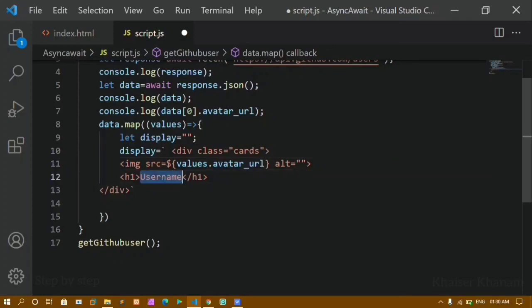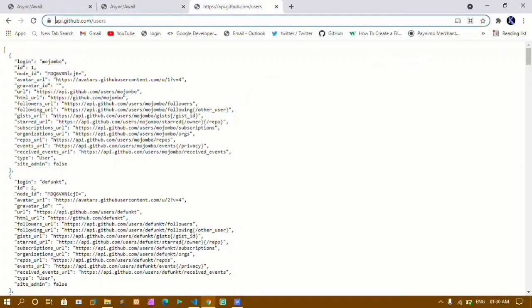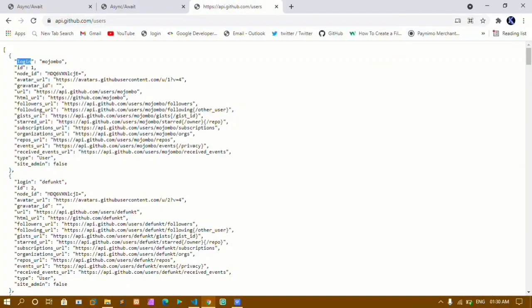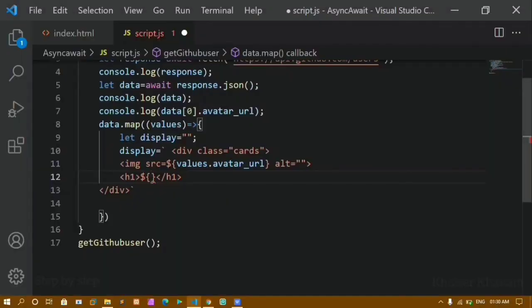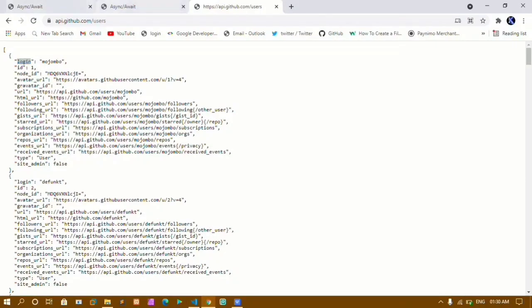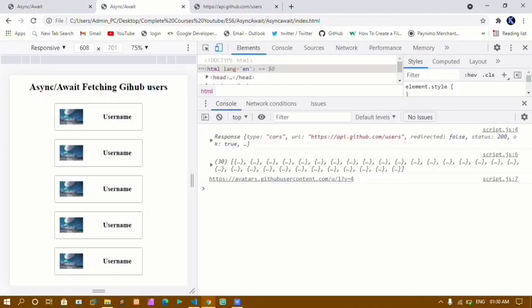Okay, instead of this username, I just want to print the name. Here I don't have name, I just have login. Now if I show you, you can see I have this login. I'll copy this one and paste it here. First I'll write values.login. I'll copy this, and inside this alt also I'm going to paste that. I'll save this. Now if I come to my browser and refresh this, I will not be having